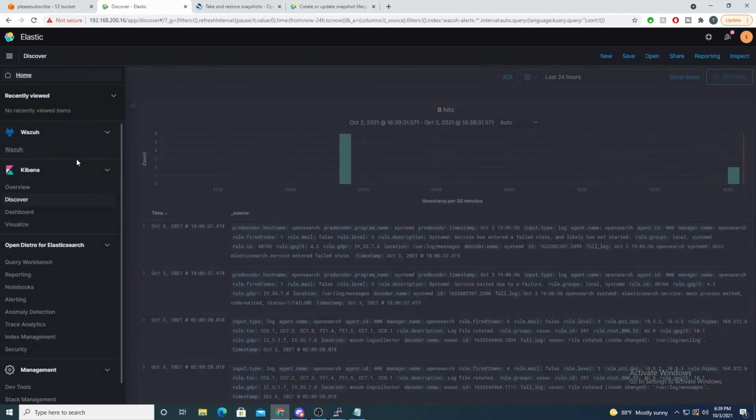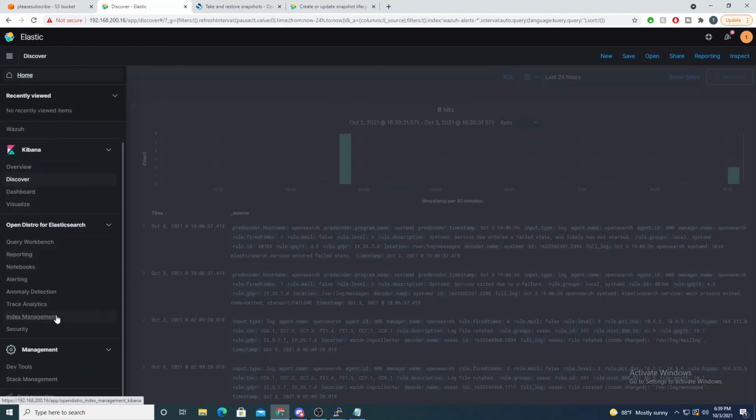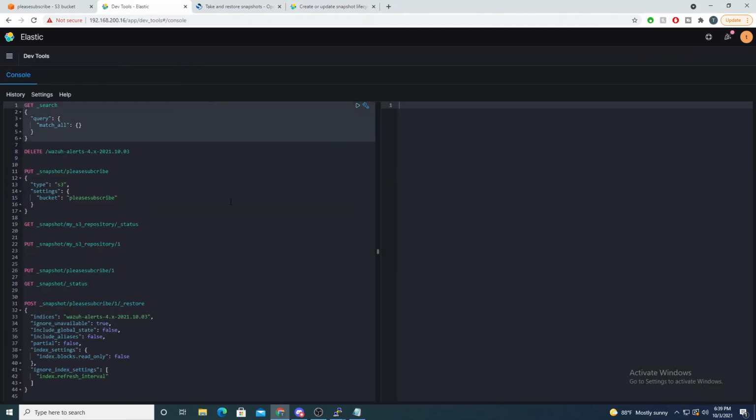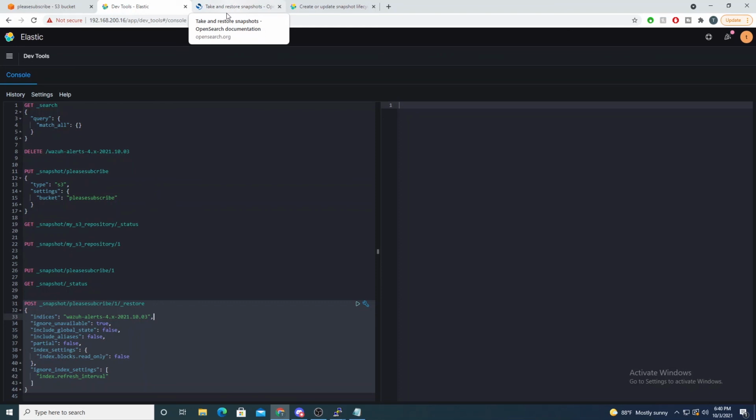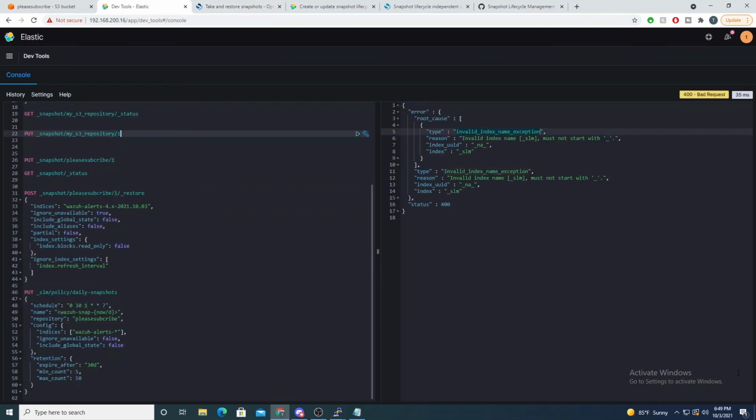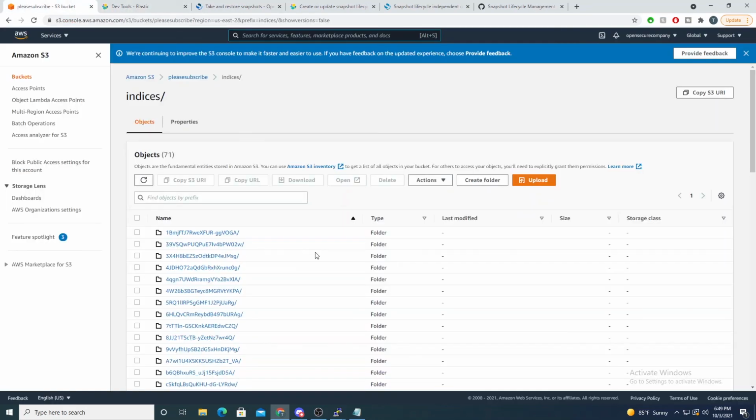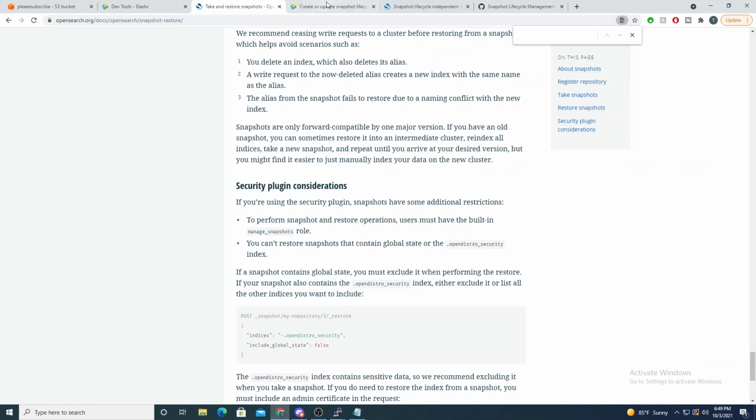It is a little less user friendly than the Elasticsearch basic license, because they give you the web interface that you can use, where here we're having to make API calls. However, it is pretty easy to do, because they give you the console tool to interact with the API pretty easily, and there is a lot of documentation. We're able to take and restore snapshots from an S3 bucket the same as what we did with Elasticsearch. It is a little more manual again, but